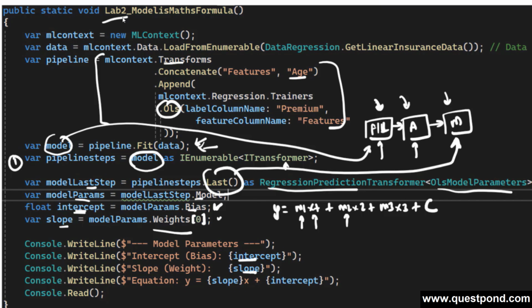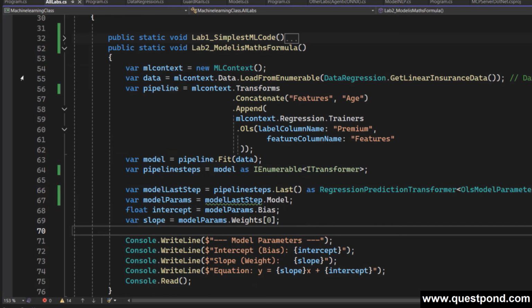We first took out the individual steps, we took the last step, and from the last step we extracted the parameters. We have extracted our weight and the bias, which is nothing but the intercept and the slope, right? And this is the code out here. So if we run it, I'm going to put a debug point, and let us go ahead and